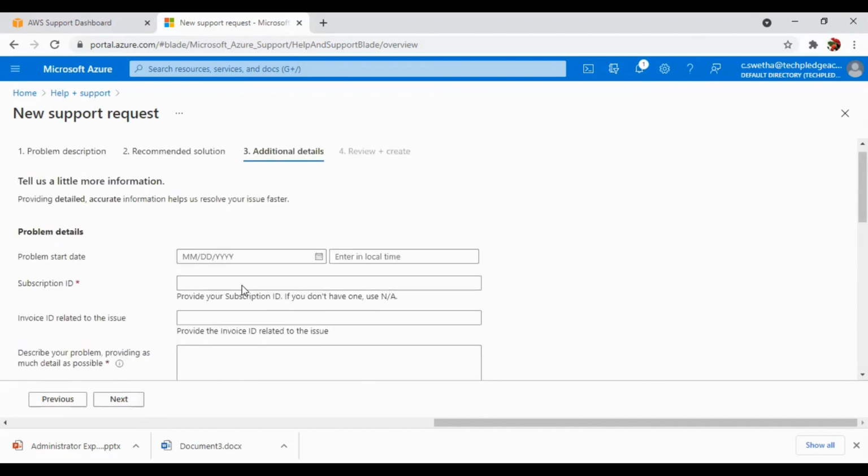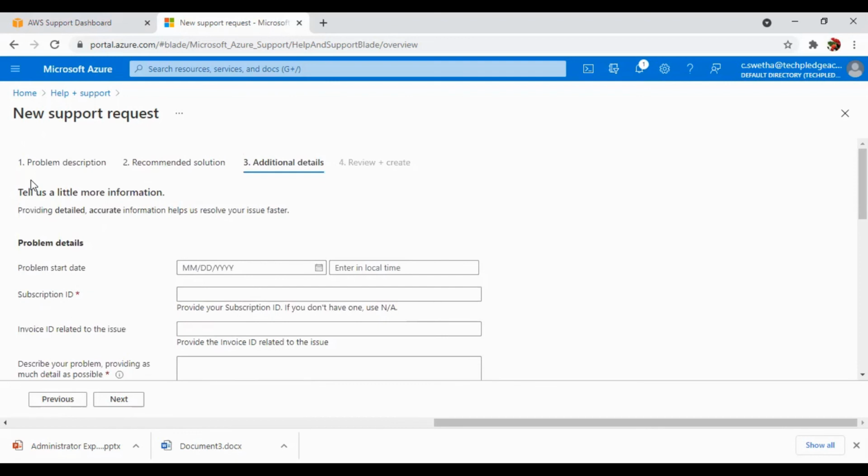So this is how the support case is activated through Help plus support in Microsoft Azure, and in the same way in the AWS support dashboard. So this was all about the short demo on raising a support case ticket. Let's stop over here.